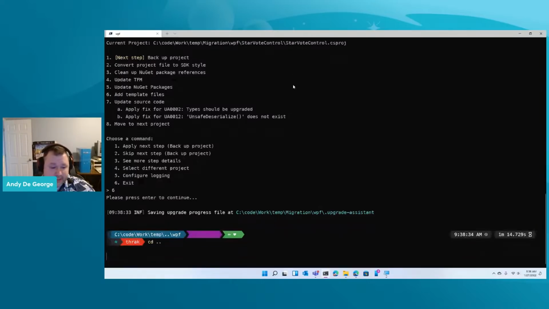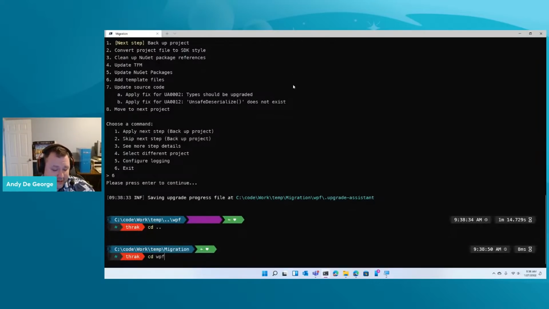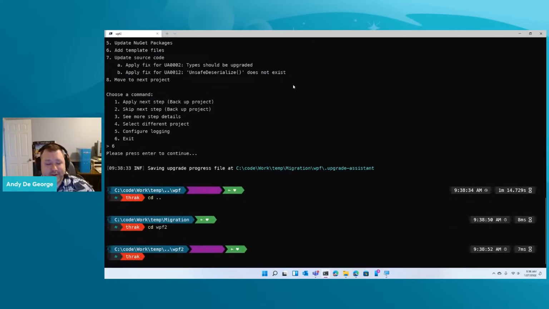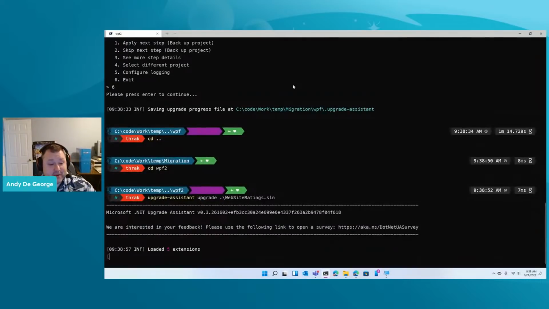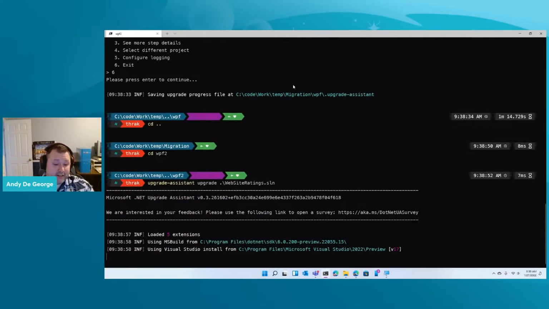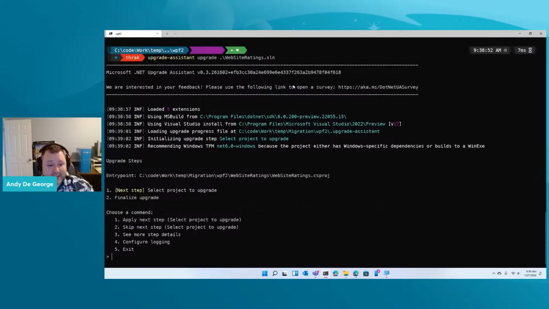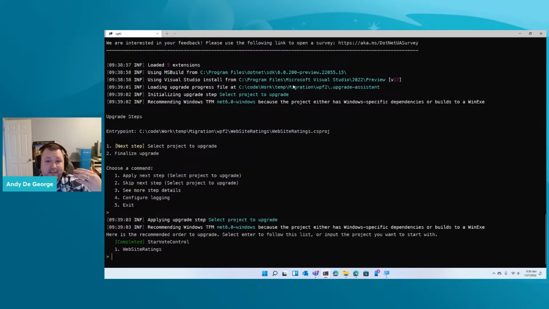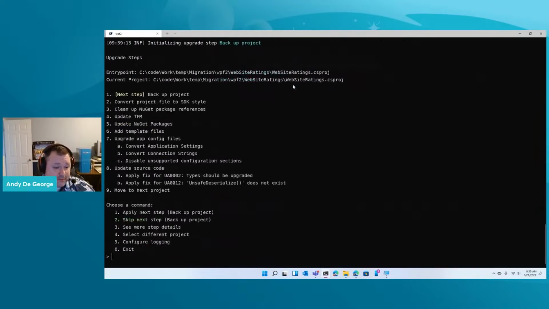And so that's sort of what I did, I just copied off another version that was already in progress. So we'll just start the upgrade again on this other project, and you'll see it'll automatically jump straight into selecting our next project because the star vote control, which is a 5-star vote control that I made for that, has already been upgraded. So we'll choose website ratings,